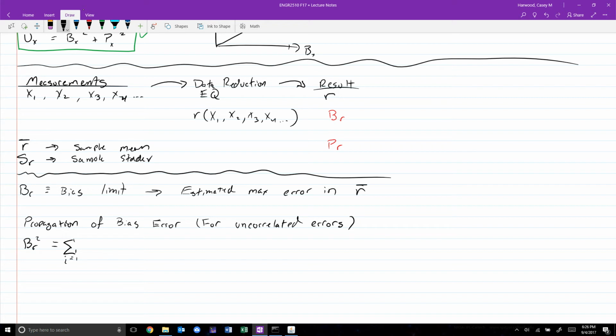i equals 1 to n of theta i times b sub i, squared. So we have another square them up, add them up sort of situation. The question is, what are we squaring and adding? What is this theta i that's inside this argument here? So theta i